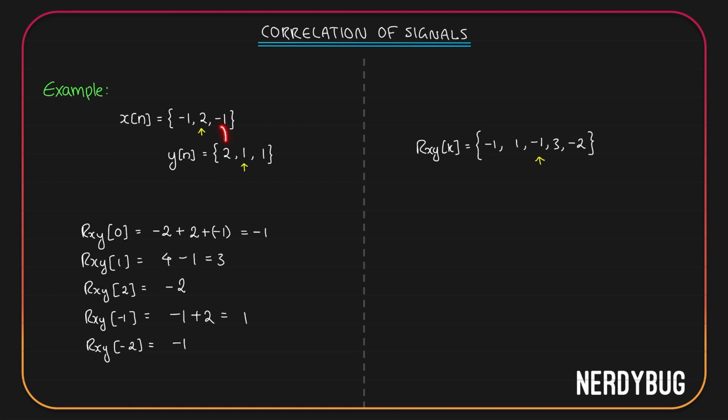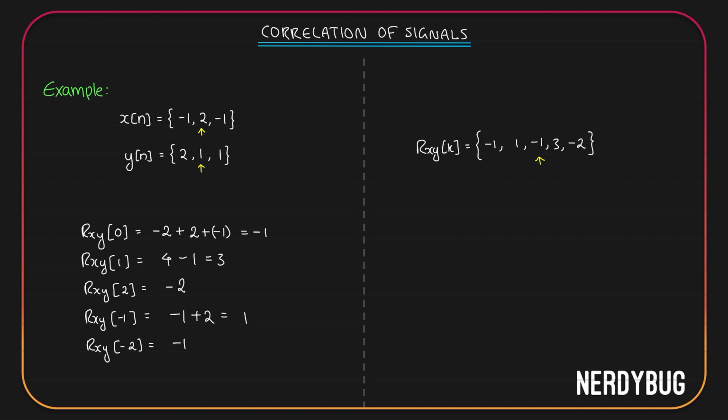In that case, -1 will correspond to 0. Corresponding to 1 and 1, we are getting 0. 2 and -1, we are getting 0. They are very much different from each other. That is why we got -2. And that simply means the sequences are not very similar when y[n] was shifted towards the left by 1 unit, shifted towards the left by 2 units also.